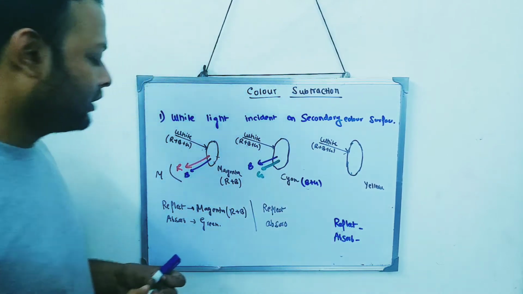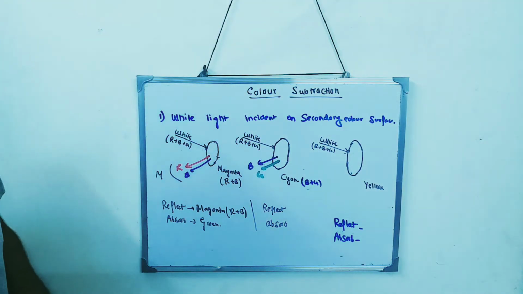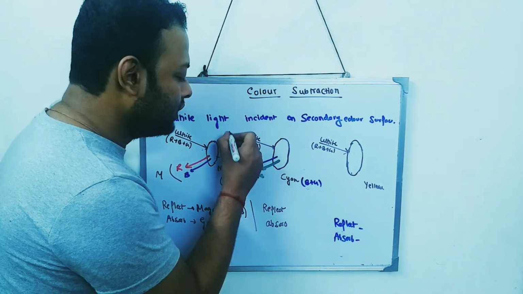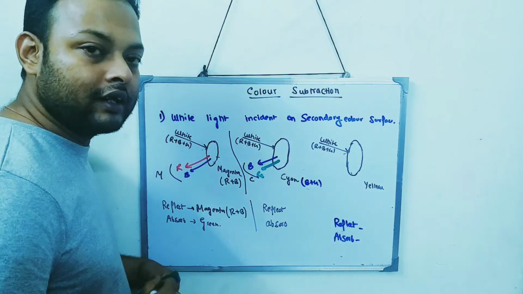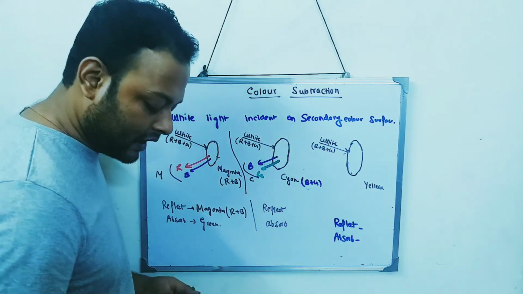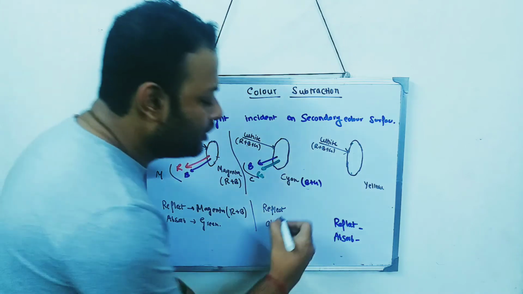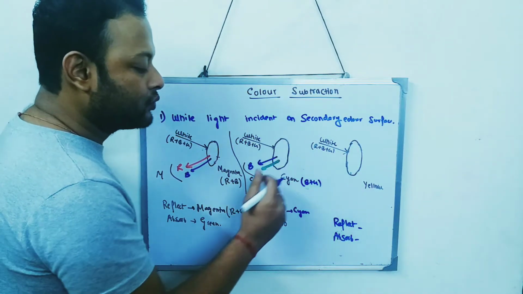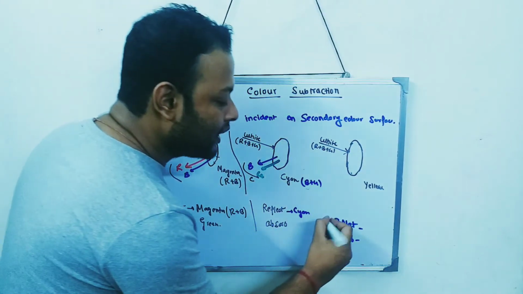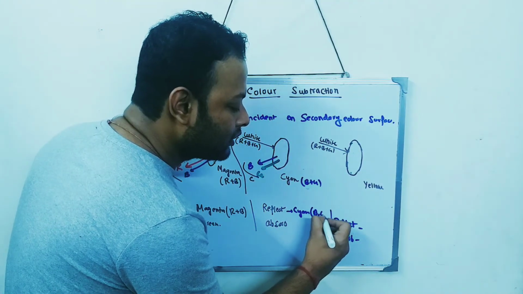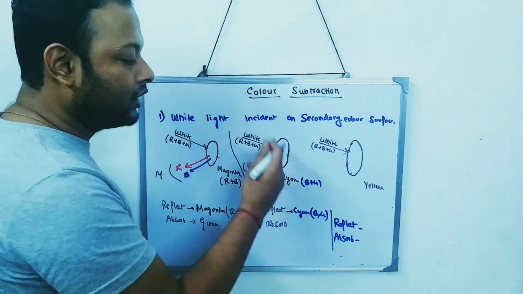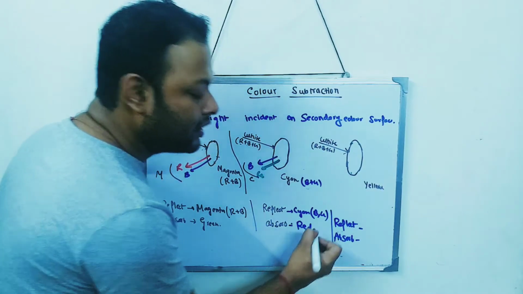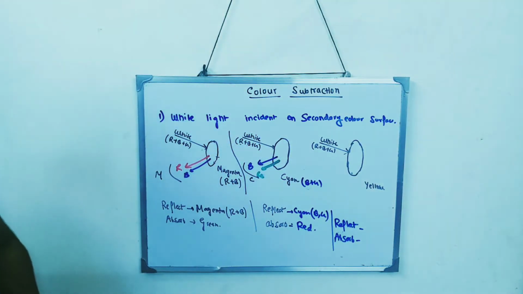And the blue and the green, when they combine, what color do you think they form? They form cyan color. C represents the cyan color. So what is getting reflected? The cyan color surface will reflect the cyan color. Means what? It will actually reflect the blue and the green color. And what color is it absorbing? It is absorbing the red color. So the red color is getting absorbed in this situation.